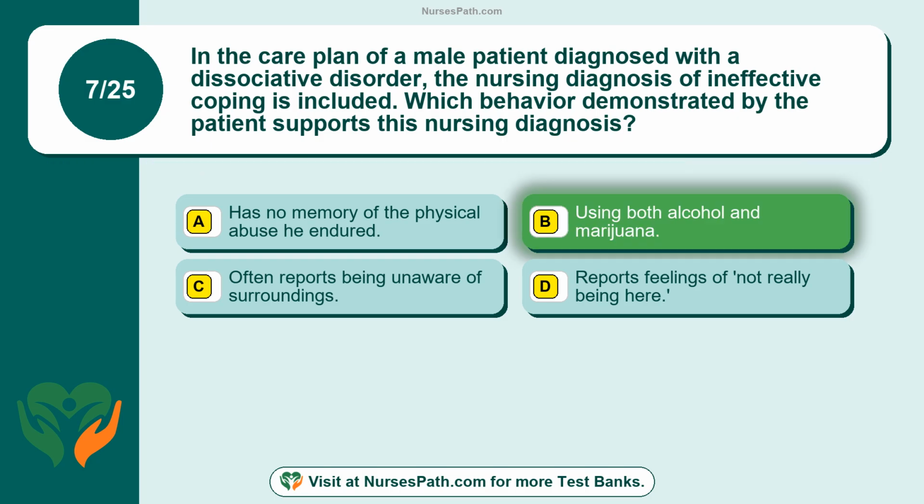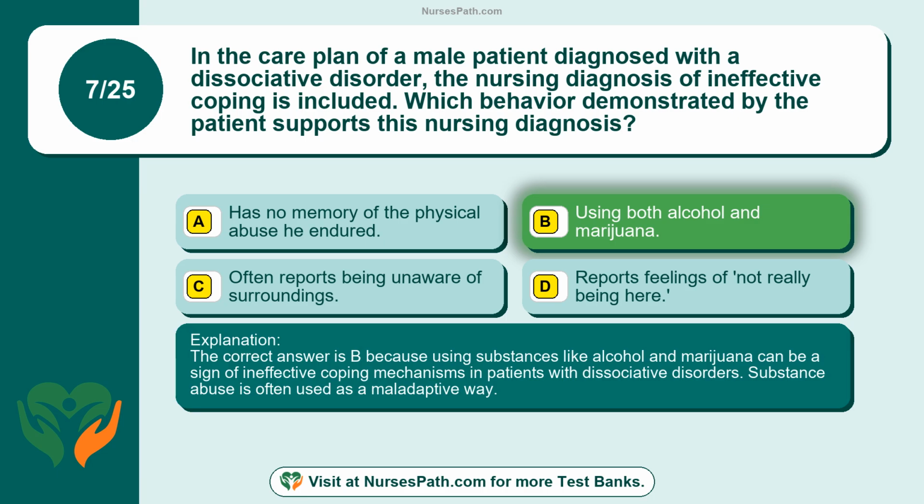The correct answer is option B, using both alcohol and marijuana. The correct answer is B because using substances like alcohol and marijuana can be a sign of ineffective coping mechanisms in patients with dissociative disorders. Substance abuse is often used as a maladaptive way